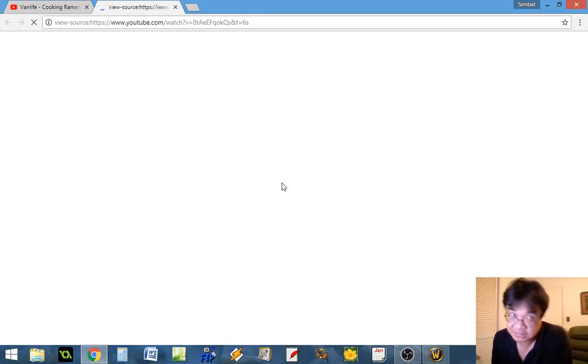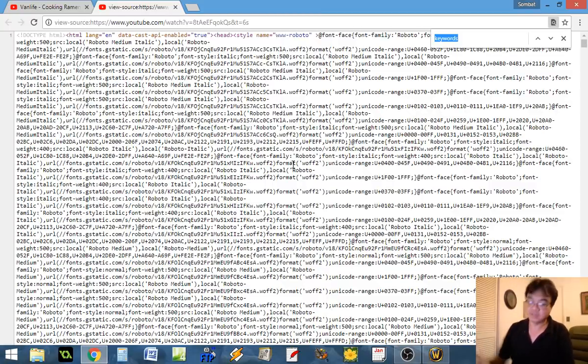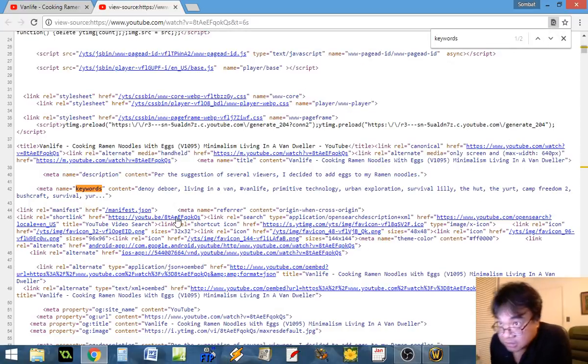Takes a while because it's fairly large, all those tags and everything else. We're going to go Control. I don't know how you do it on an Apple or a Unix machine, but on a Windows machine, you're running Chrome. You use Control F for Control Find, and it'll come up with your last words that you used, which in my case is keywords. Then I hit scroll down, and it comes up, and the first one says meta keywords, and it has